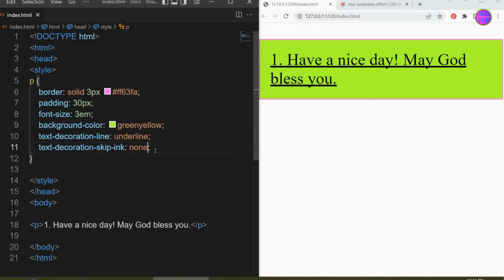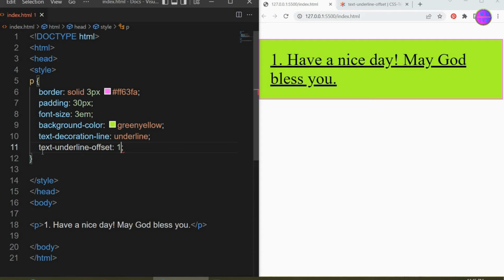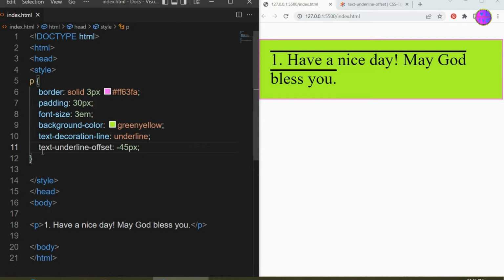In continuation to that, here is another option that we can fix the broken underline. Type here text underline offset 10 pixels. We can see here the underline has shifted down, which helps us to avoid the broken underline. If we change this value to negative 45 pixels, our underline has shifted up where it covers the function of